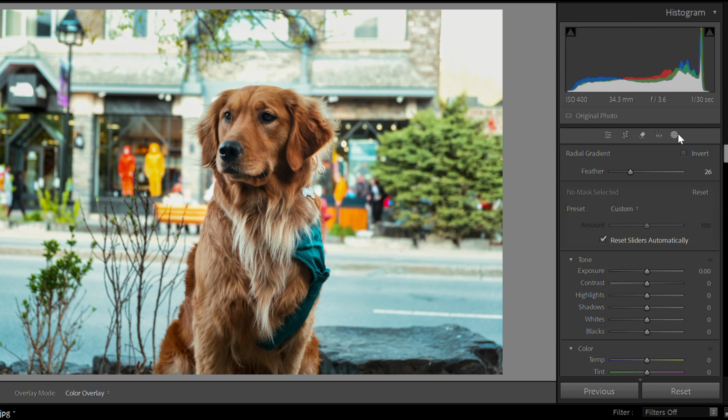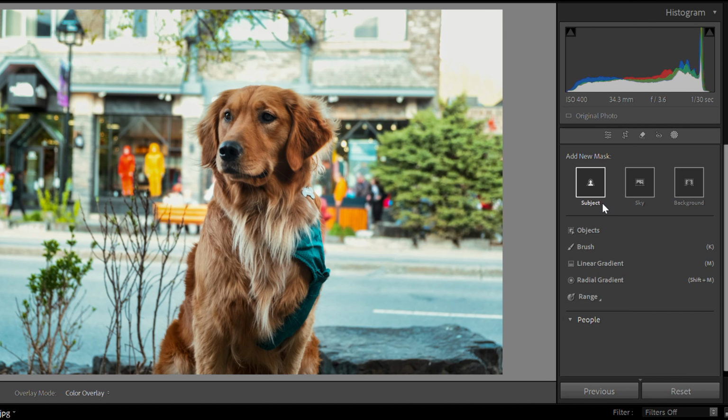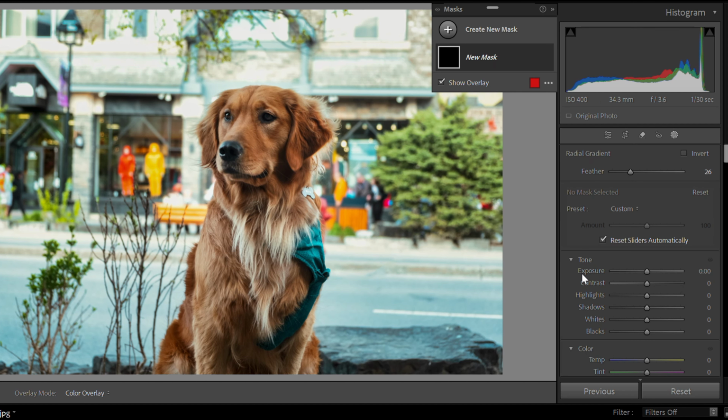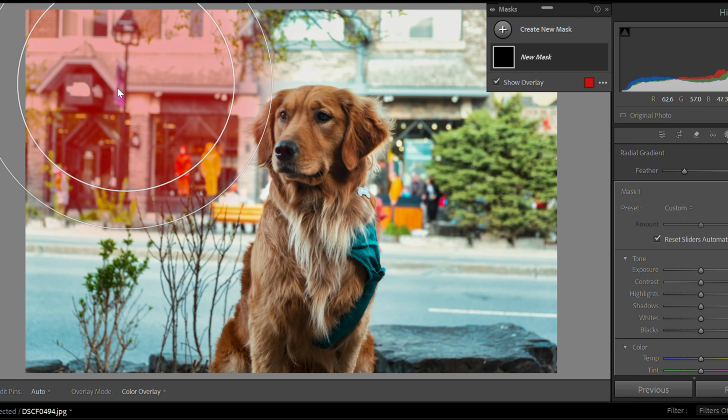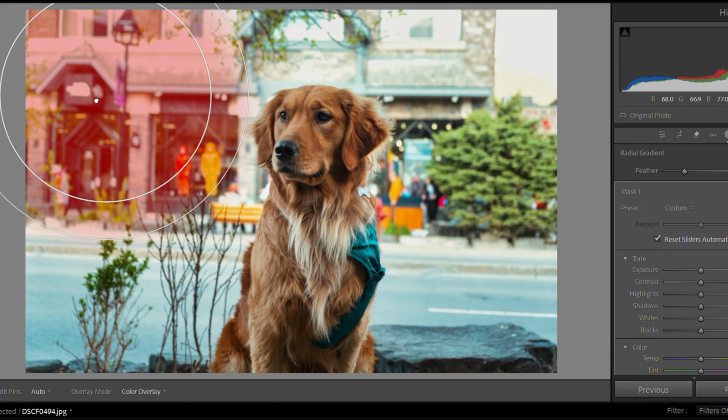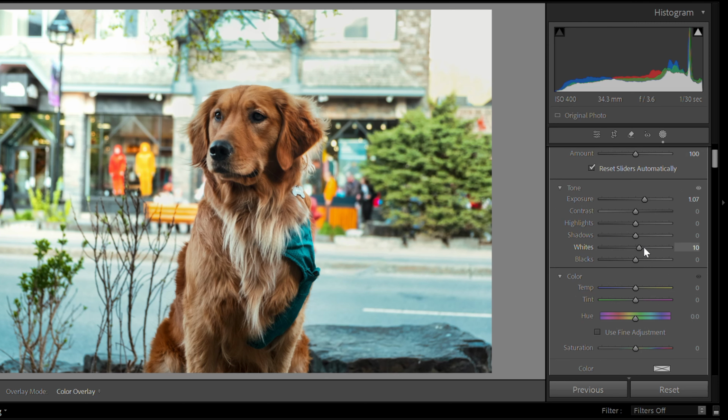Now once you have the photo open under the develop panel, all you have to do is head over to the masking option right here and select the radial gradient tool. Then create a radial gradient filter just on the side of the image where you think would be the most appropriate, and once you have that ready, increase the exposure slightly and then increase the whites and go down to